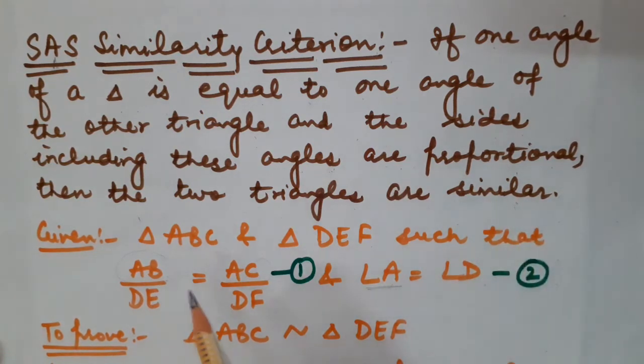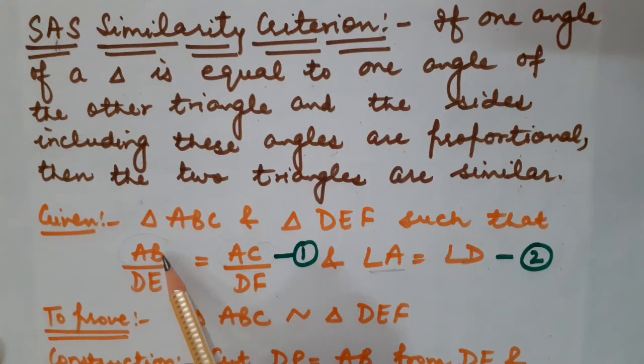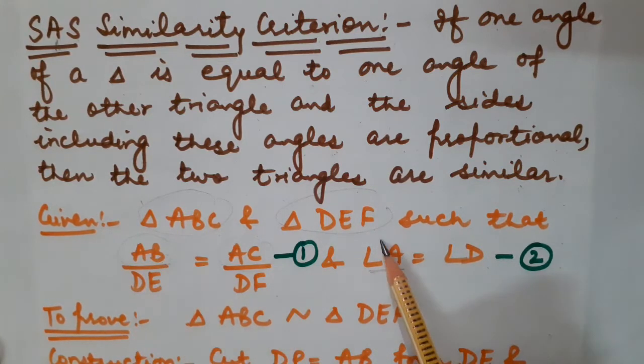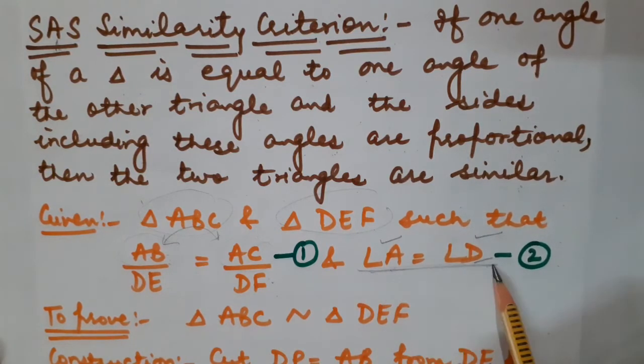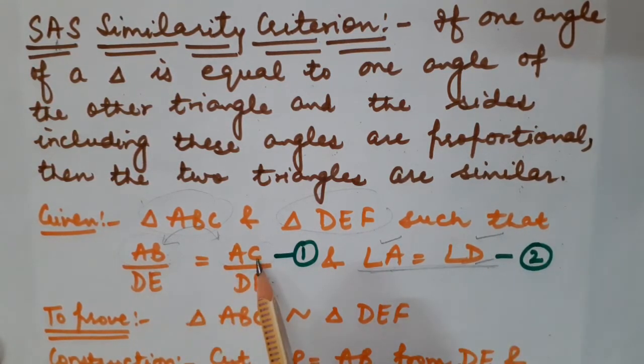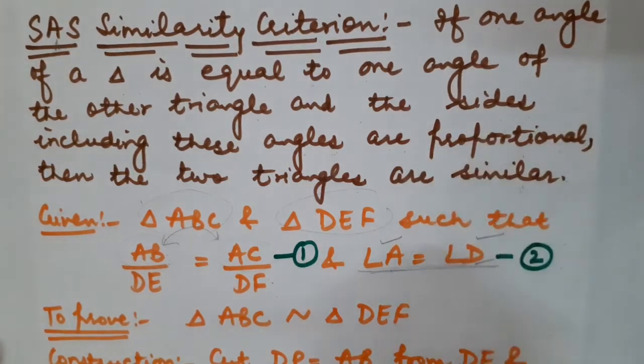Got it? Means if I am going to talk about triangle ABC and triangle DEF, and I have taken included angle A as well as angle D, then which corresponding sides' ratio will be the same? That is AB upon DE must be equal to AC upon DF, because between these two sides' ratio angle A as well as angle D lies. They are the included angle for these two sides' ratio. Got it? So this statement again we are going to use to solve the questions that you know very well, children. I have discussed these through my lectures also as well as in doubt sessions.